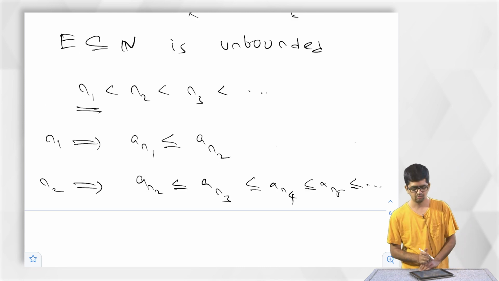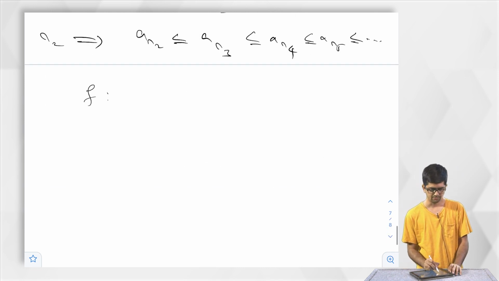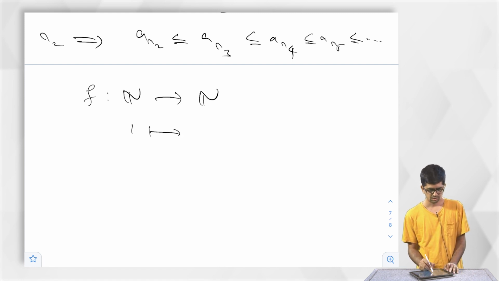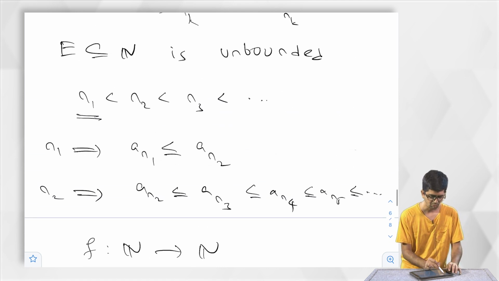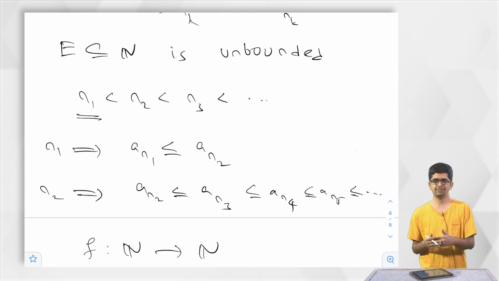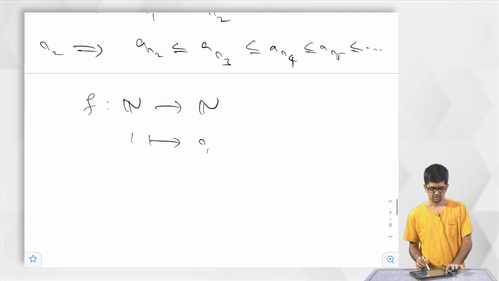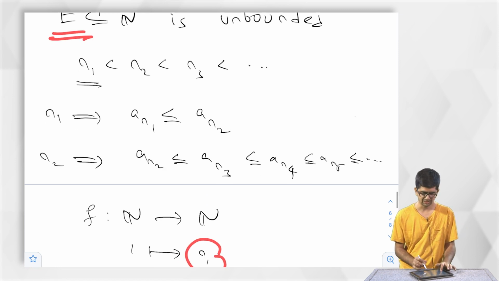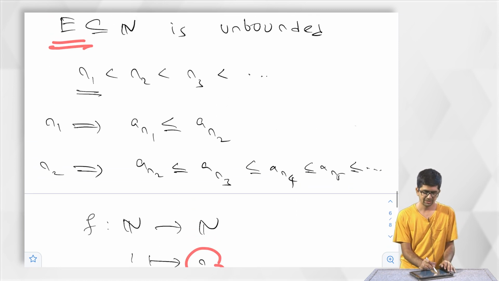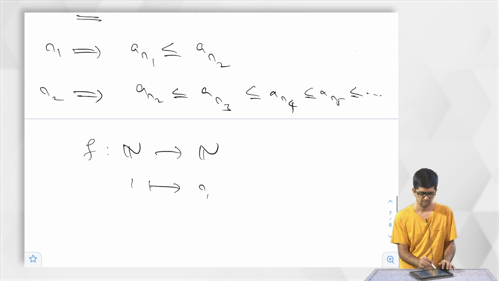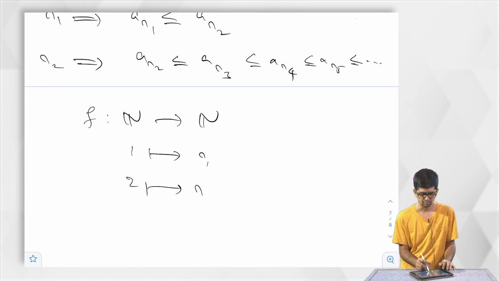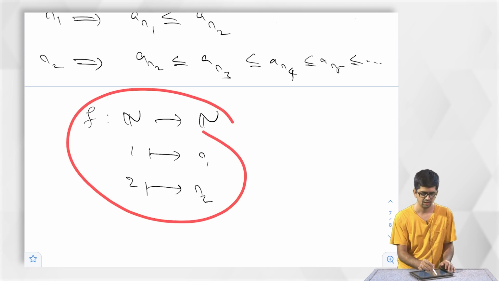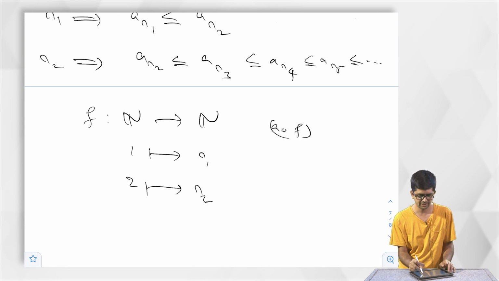Again, now how do I write down the map f? f was a map from N to N. What do I write down? Write 1 to n1. E was unbounded, so we have taken the minimum element of that, that is n1. Now we are looking for elements of E that are greater than n1, and I am taking the least element of that. So 2 goes to n2, 3 goes to n3 and so on. So with this function, what about a composed with f of k?